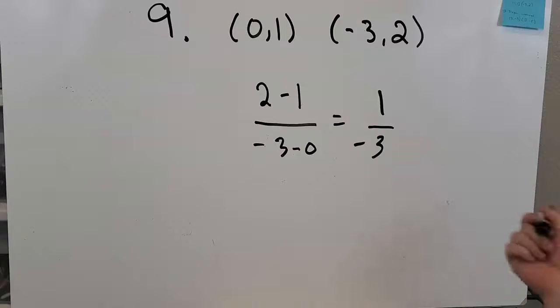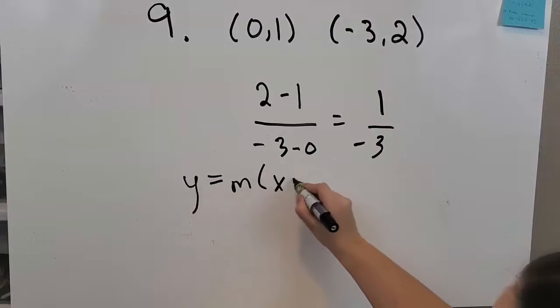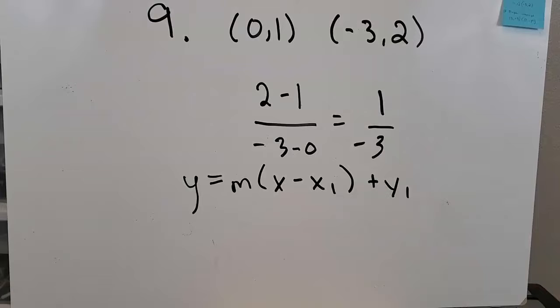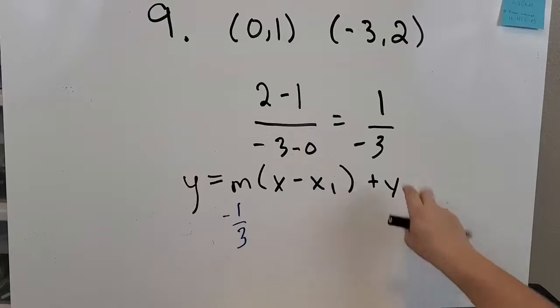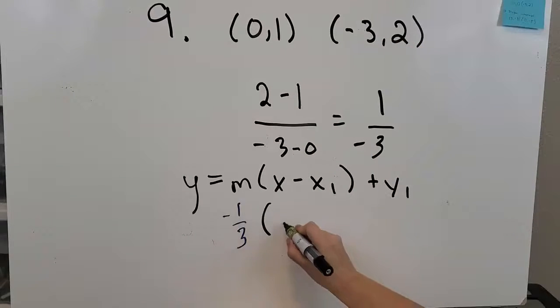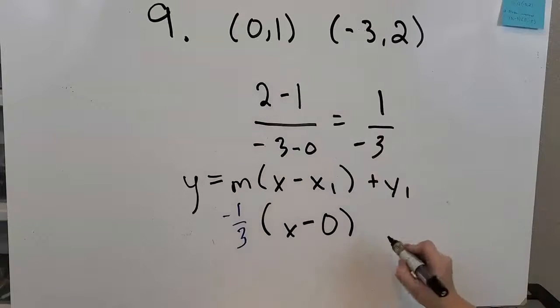What I need to do now is pick one point or the other. It doesn't matter which one. And we can write this in point slope form. Our point slope form is y equals m times x minus x1 plus y1. I'm going to take our values and plug them into that. We know slope is negative 1/3, so I'll plug that in place of m. We know that x1 and y1 are going to be either one of our points, and I'm going to use 0, 1 because I like the smaller values. So x minus our x term, which is 0, plus y1, which is 1,